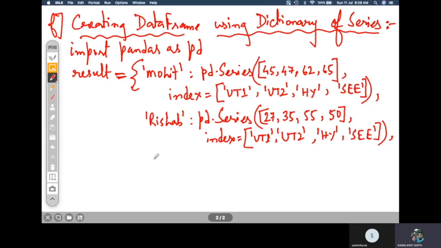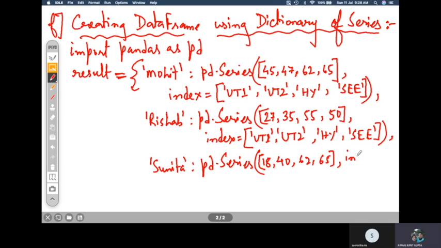Again you can have another one, Sunita, pd dot Series 18, 40, 62, and 65.